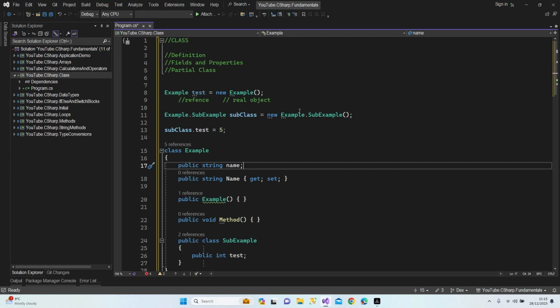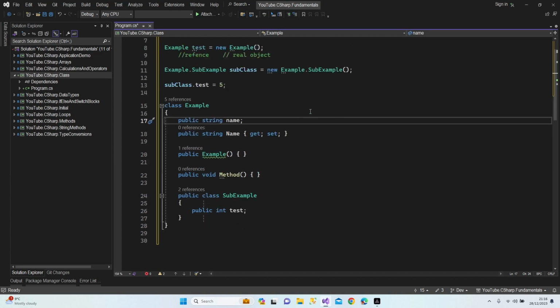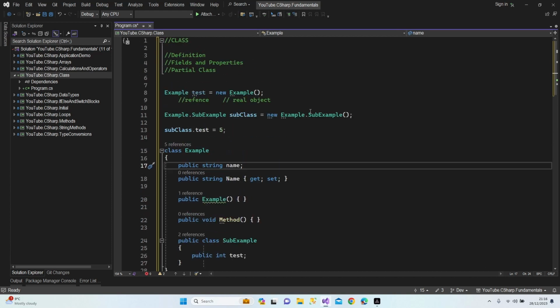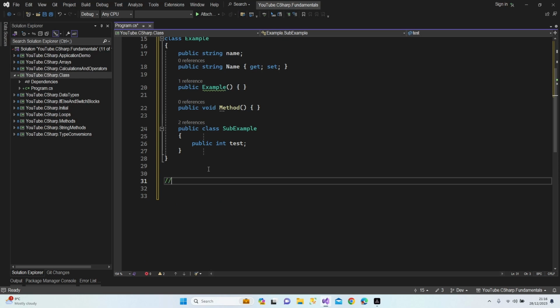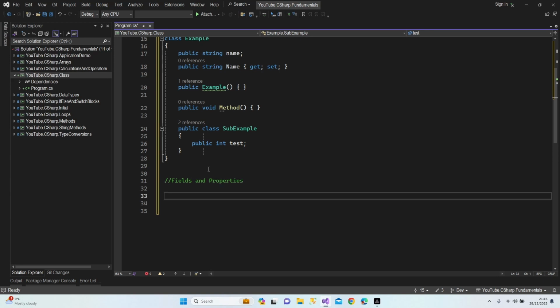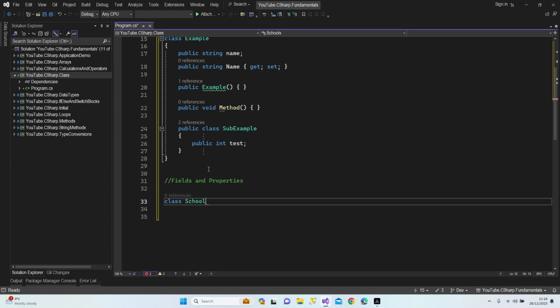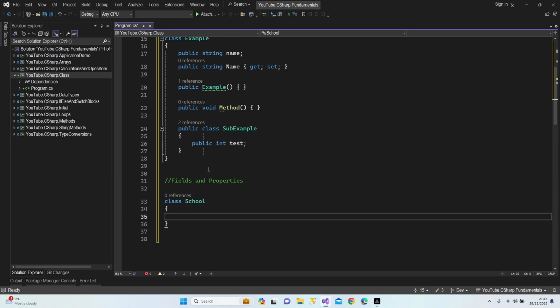Let me have a look. Is there anything I should tell about the definition and basic information about classes? Alright, we will continue with the fields and properties. Let's type here fields and properties. Let's create a class which is named school. Alright, so let's type